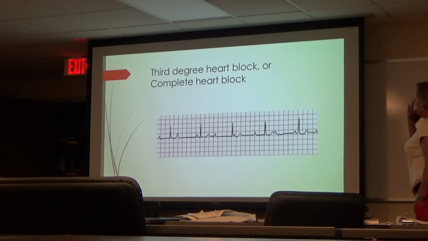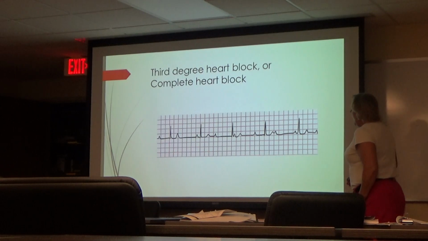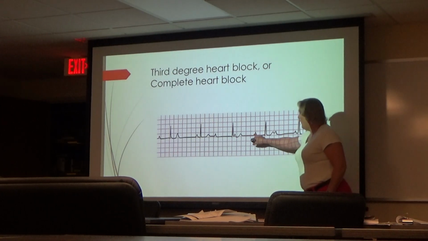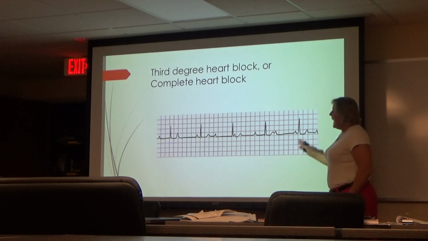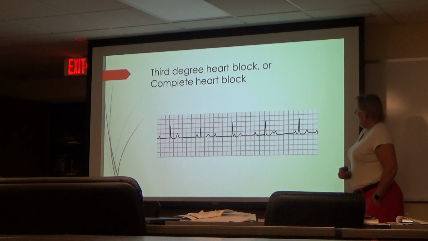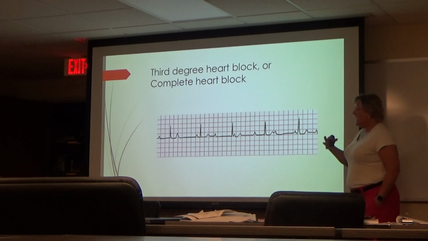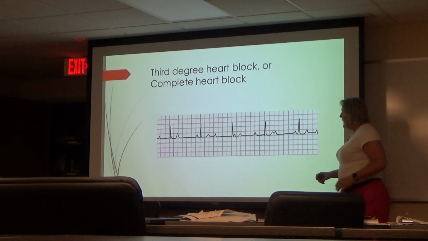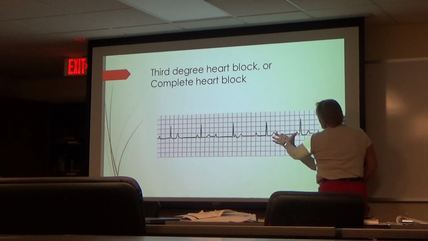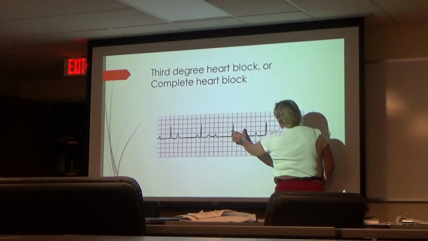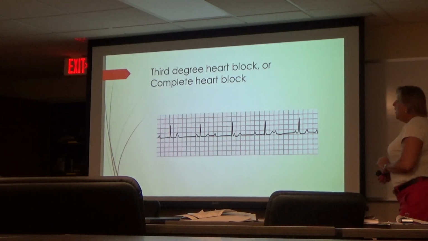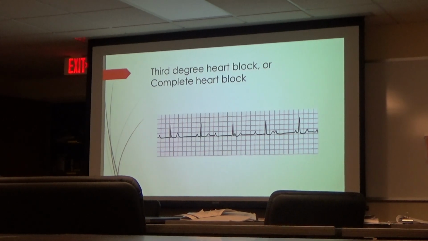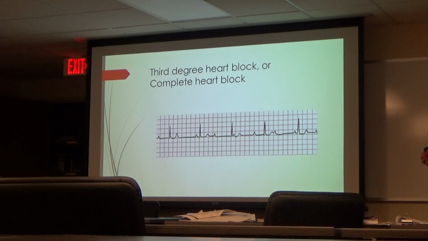And then we come to our third degree heart block. Again, we're looking at our PR interval. And our PR interval is all over the place with it, and there's no correlation to how it is associating with the QRS complex, and that's the ventricles contracting. If you actually march it out, your P waves all march out, your QRSs, they all march out. It looks like a nice regular rhythm, but the atria and the ventricles are not working together,